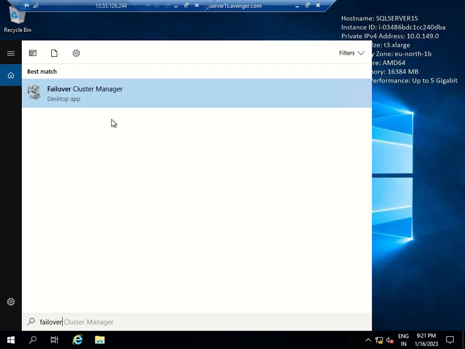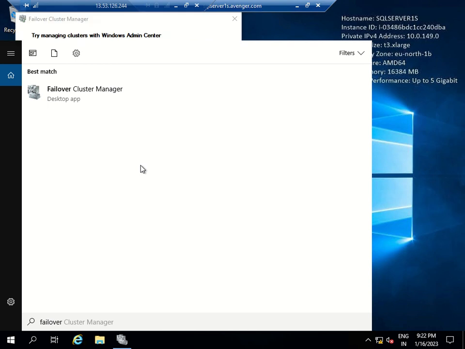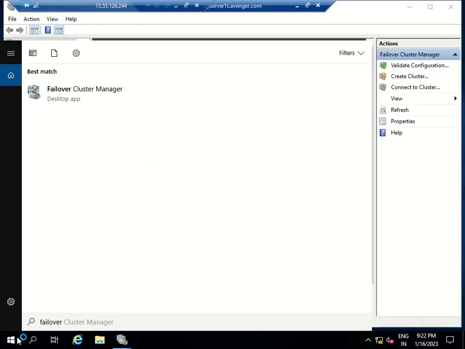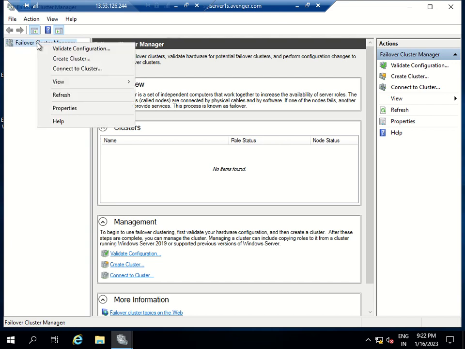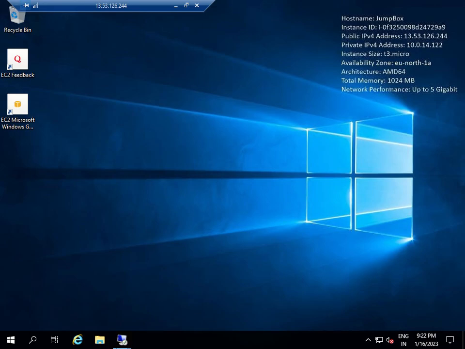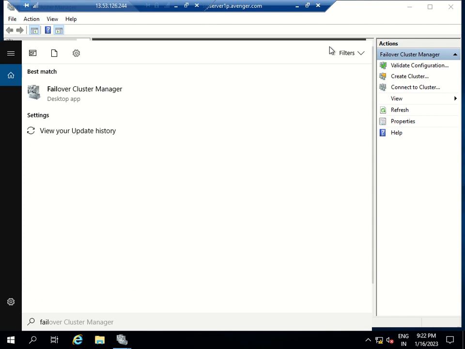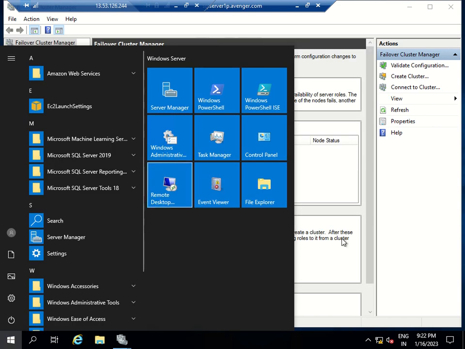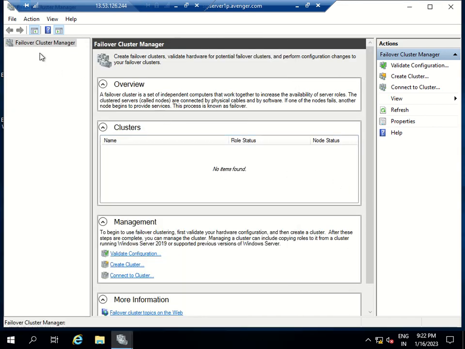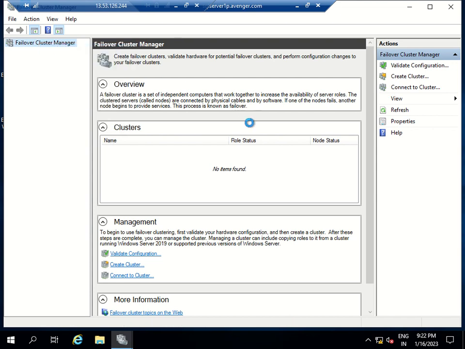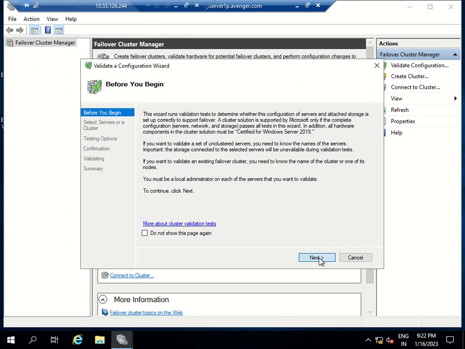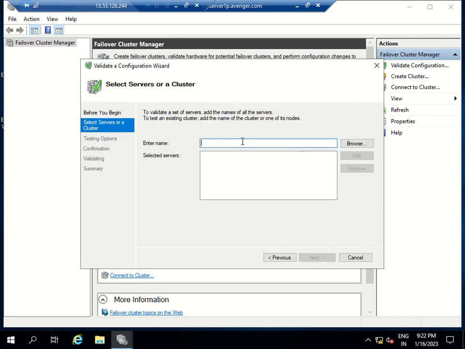Failover Cluster Manager. Once the Failover Cluster Manager is opened, then we have to validate the cluster. So let's do all these things from the 1P server. There is no good practice, we can use any of the servers, but let's do it from 1P. So click on Failover Cluster Manager and click on validate the cluster, and here we have to add both